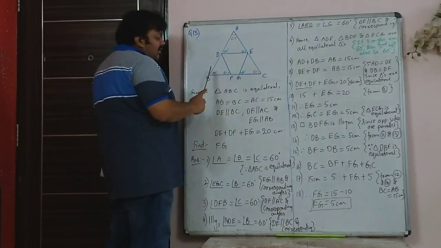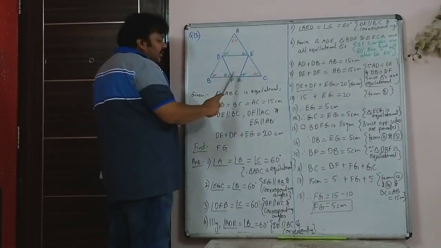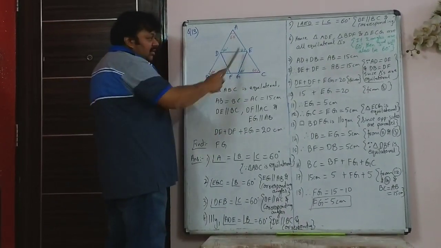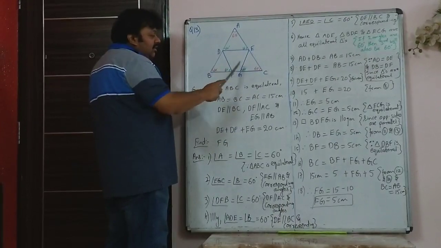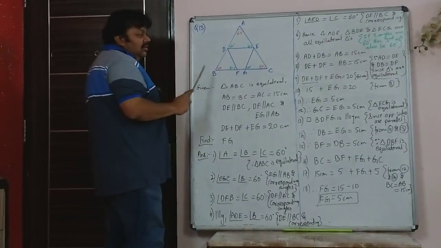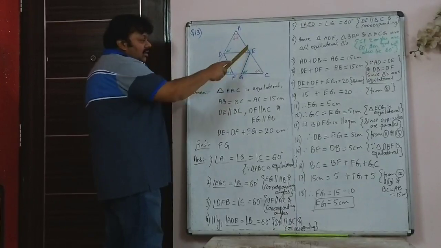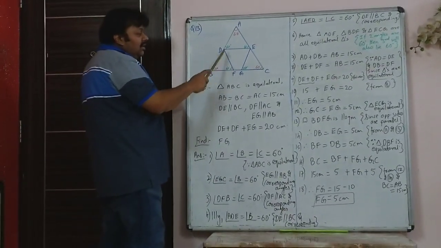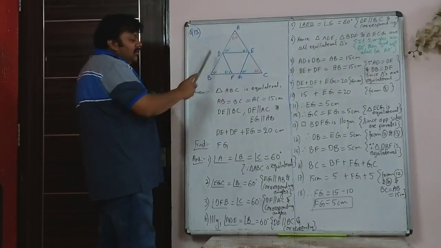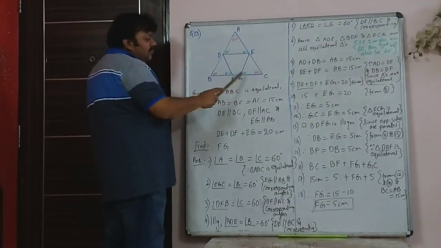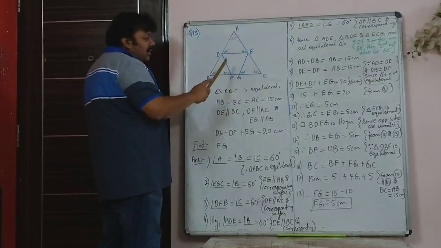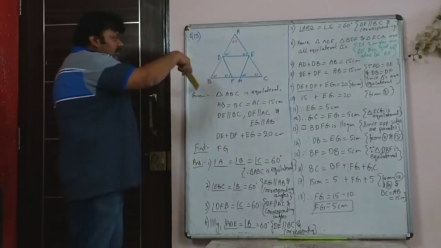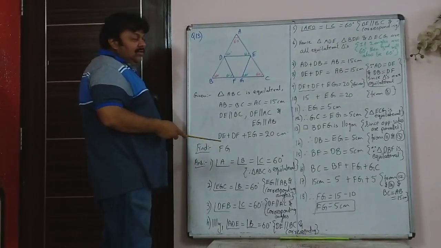So same way this angle, that is angle B, and angle EGC, they are corresponding angles, these two angles. The reason is GE is parallel to AB. And also this angle marked in green, that is DFB, and angle C, they are corresponding angles because DF is parallel to AC. So now you will see, okay, the big triangle is already equilateral.